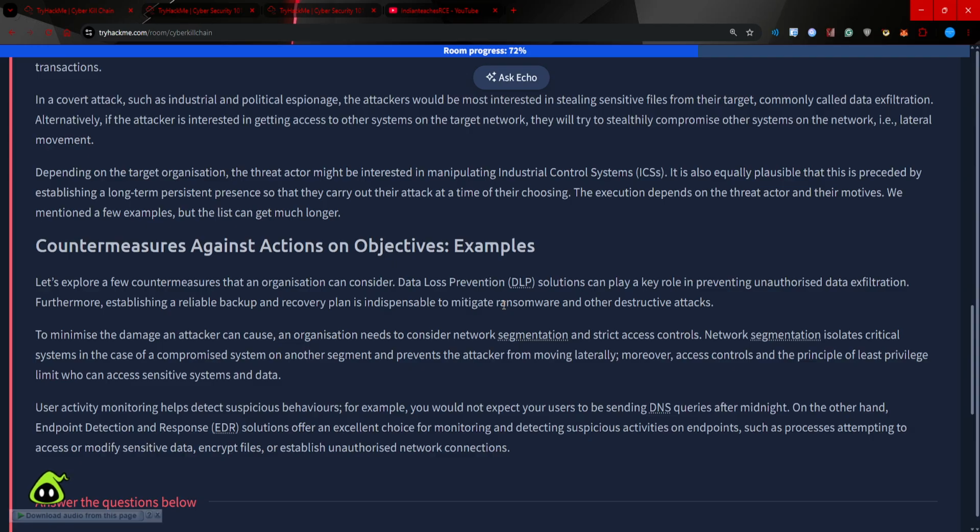Countermeasures against actions and objectives. Let's explore a few countermeasures that an organization can consider. A data loss prevention (DLP) solution can play a key role in preventing unauthorized data exfiltration. Furthermore, establishing a reliable backup